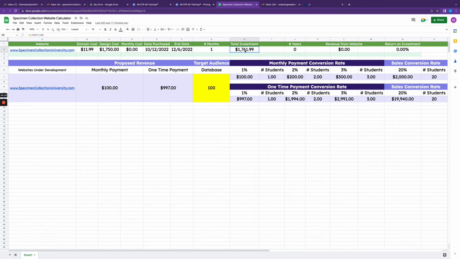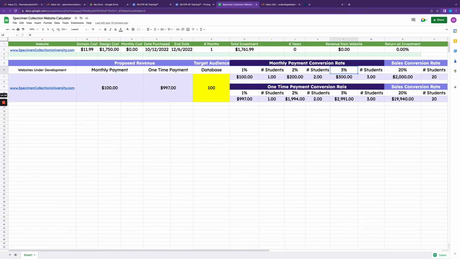If you want to make sure that your return on investment is swift and soon, that's what you want to focus on. Now, with any business, it's going to take about 90 days for you to ramp it up, but you just never know, especially with something new, how it will take off. So at least give yourself 90 days of good marketing. You can't just get the site and expect that people are going to automatically find it. You're going to have to be very intentional about locating your target database, right? And you'll have a lot of guidance from me on that, because I want to see you win. I want to see all of us win.